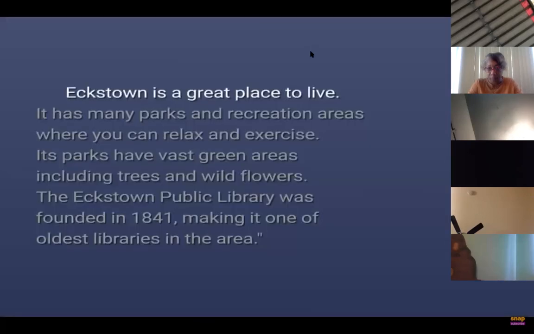X-Town is a great place to live. It has many parks and recreation areas where you can relax and exercise. Its parks have vast green areas, including trees and wildflowers. The X-Town Public Library was founded in 1841, making it one of the oldest libraries in the area. In this simple paragraph, the topic is X-Town. The point the author wants to make is that X-Town is a great place to live. The author presented 3 premises to support